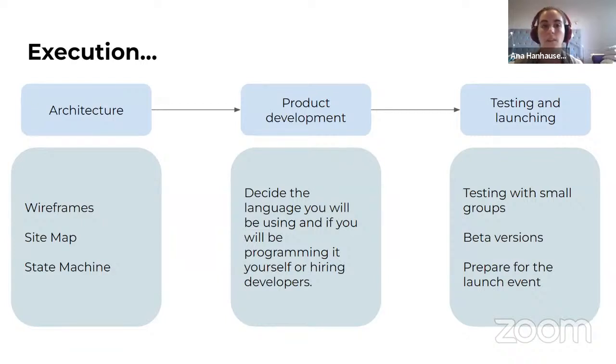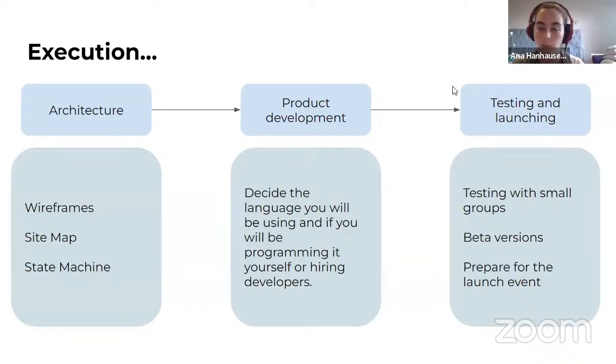Okay, so with these previous steps we already have an idea, right? And our idea is taking a very specific form. Now we know exactly what we want it to look like, and once we know that, we need to put that on paper, right? So we have to start with the architecture. The architecture is basically the bones of the app you will start creating, and the first thing you need to do are the wireframes, which is basically putting the idea from your mind, how you think the app will look like, onto paper, and thinking about how the user journeys will look like in this idea that you've drafted.